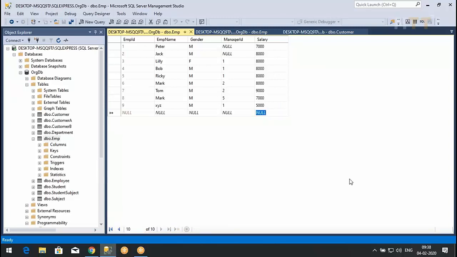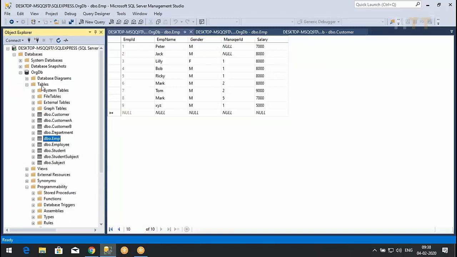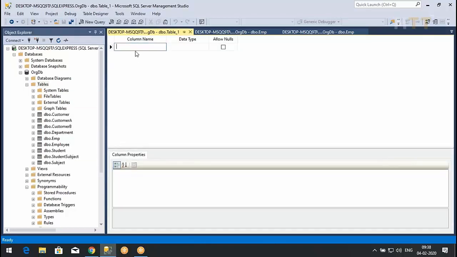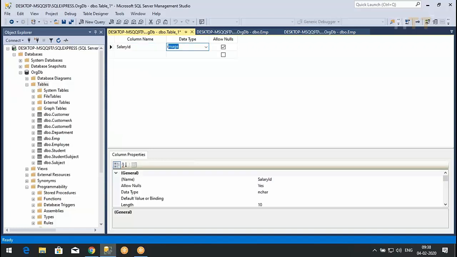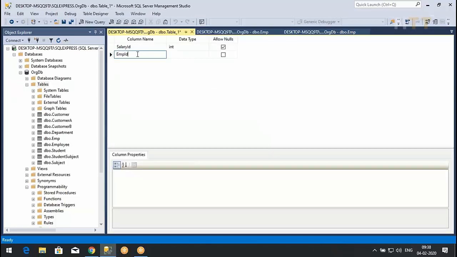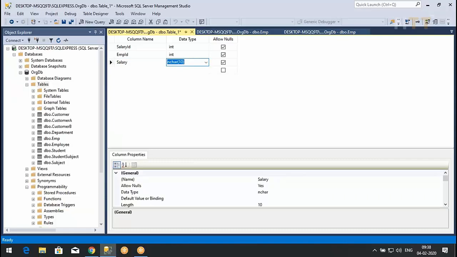No doubt. Now I need to create the salary history table, right? I'll create a new table. Here I should have salary ID, int. Then EMP ID, not name. For this particular employee, we want salary for this particular employee. EMP ID is int. This will be the foreign key. Then salary. What did we set for salary?